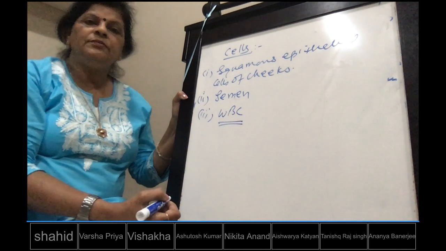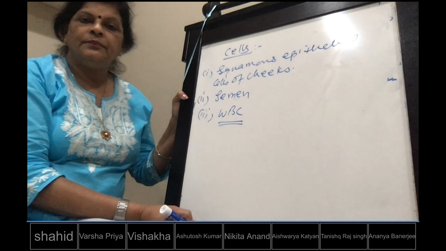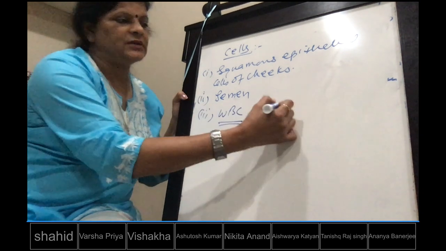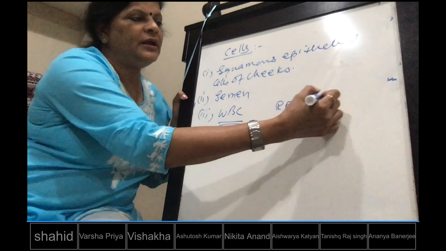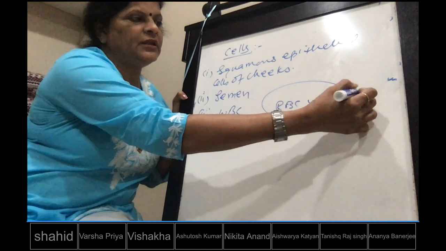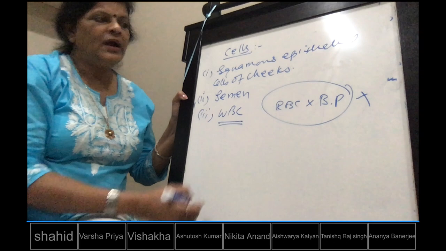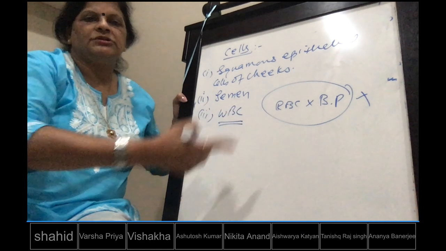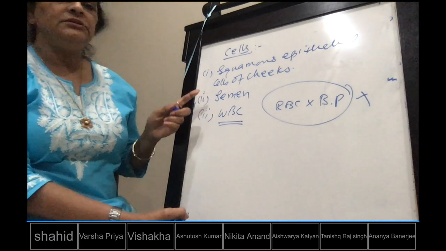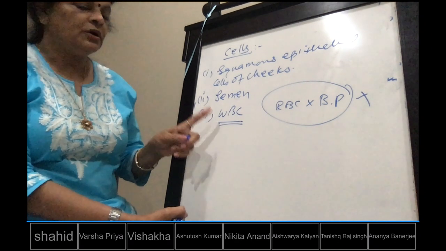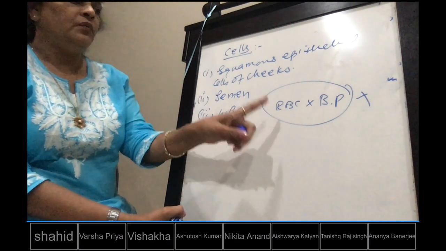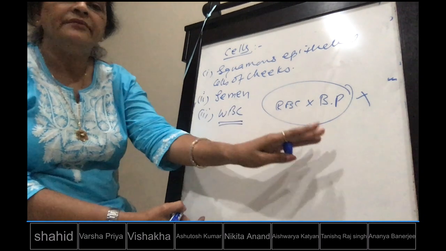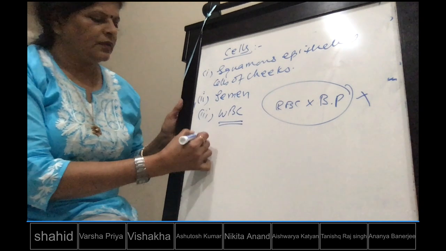Why only WBC? Because WBC is nucleated. RBC and blood platelets are not used. They cannot be used. Why? Because they don't have a nucleus. So this is also one question: in blood cells, which are the blood cells used? It is only WBC, because WBC is nucleated, whereas RBC and blood platelets are enucleated, not having a nucleus, so not used. Fourth point,